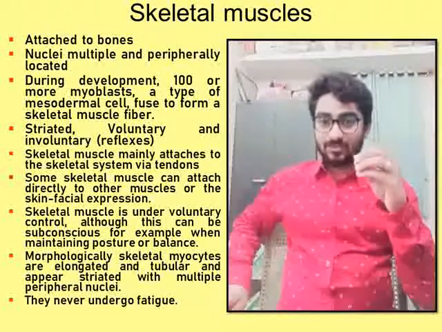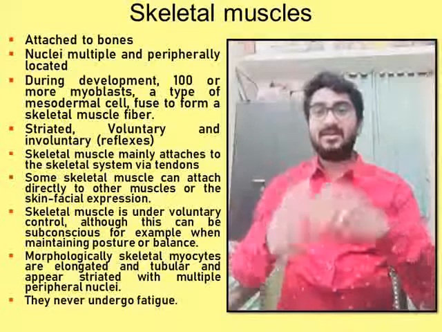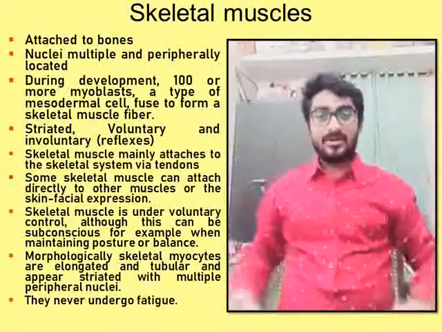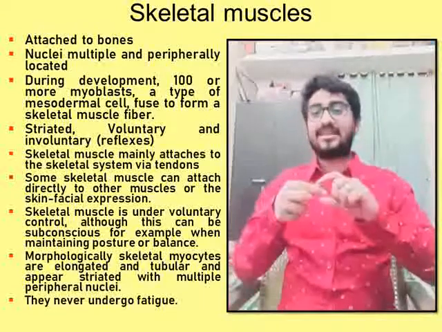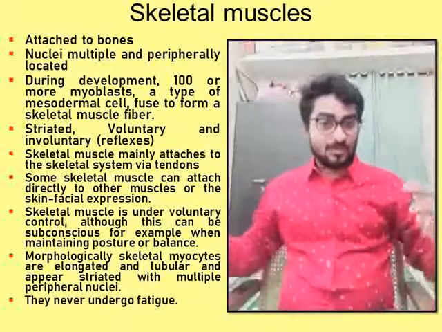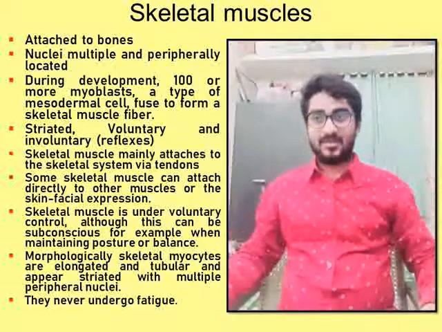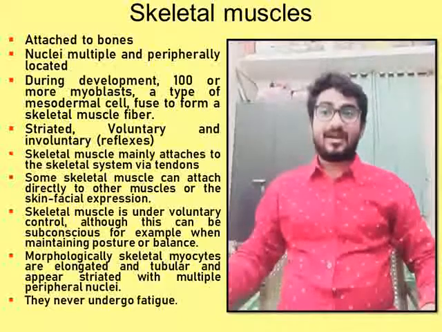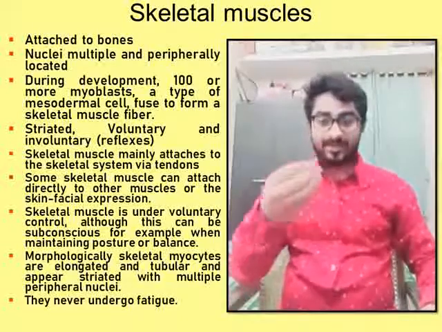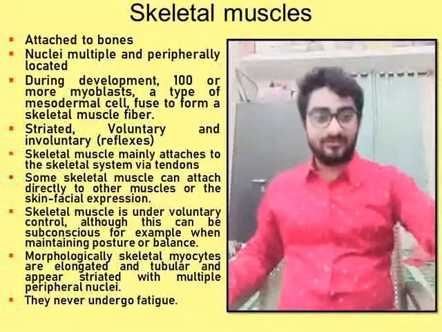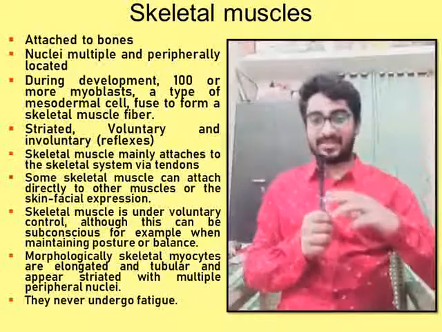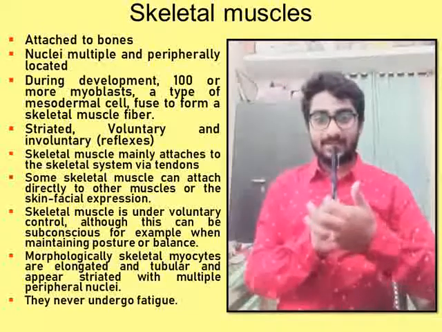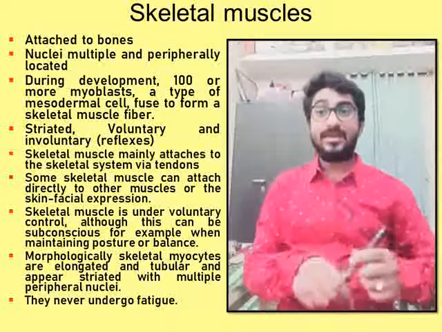So they are attached to the bones through the tendons and ligaments. They are elongated, fiber-like, just like pipes which have openings at two ends. There are multiple nuclei and they are peripherally located. If this pen is a striated muscle, the nuclei are present at the periphery and there is no